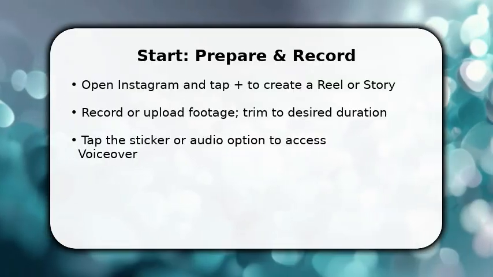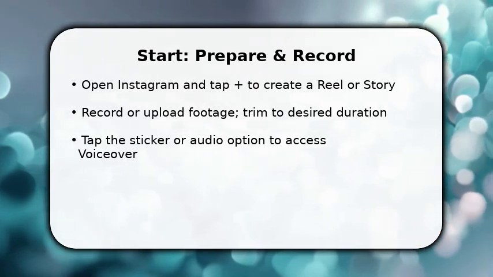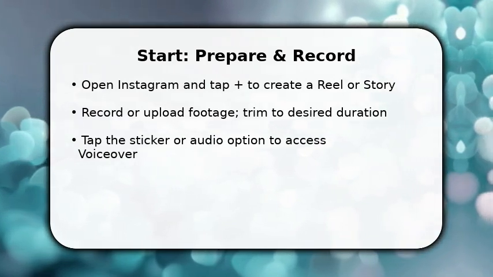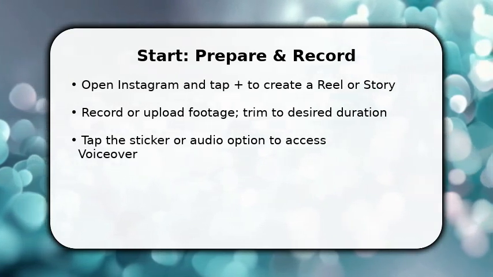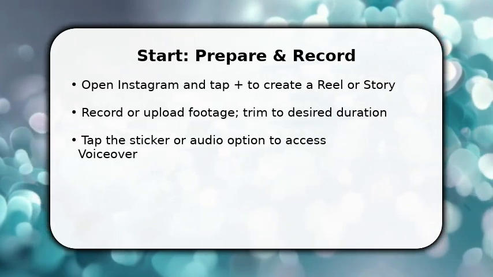You're starting in the Instagram creator. Open Plus and choose Reel or Story, then record or import your clip. Once done, trim the clip so your narration matches the timing. This reduces re-records. Next, tap the sticker icon for Stories or the Audio tab for Reels, and select VoiceOver or